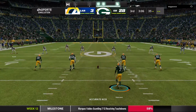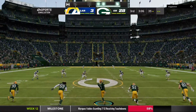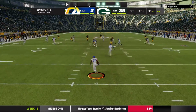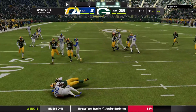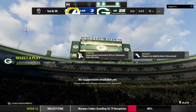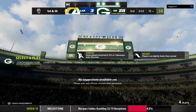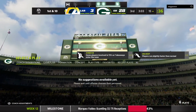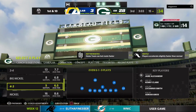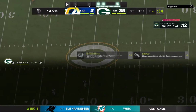Out is the kickoff unit as they run up and send this one away. Taken in at the 3. And he will make it back to the 15, and that's it. Good coverage there by the kick team. In this position, trying to get back into the game, teams are looking for a spark from their special teams. That's not what they got, though. They got a setback, and they have a long field to cover if they want to try and put points